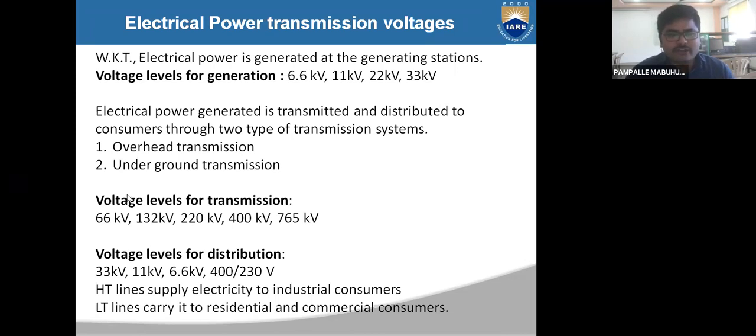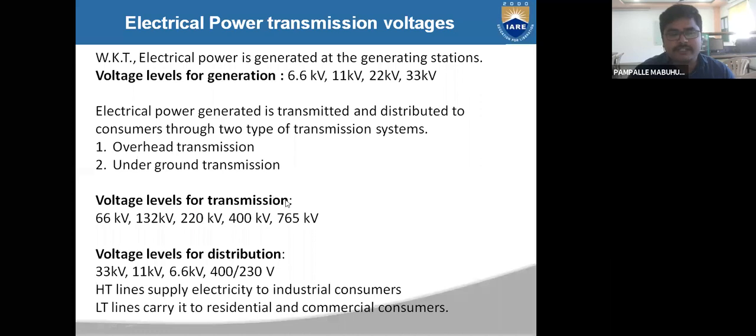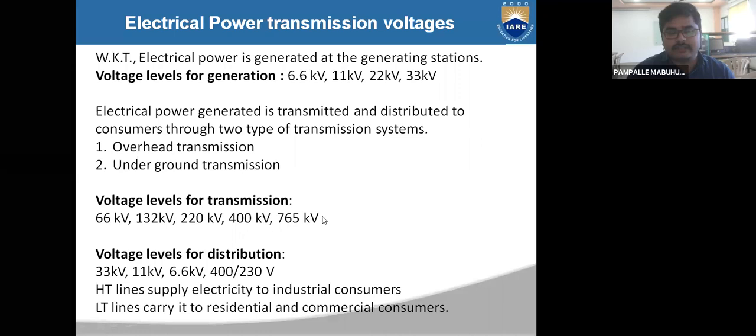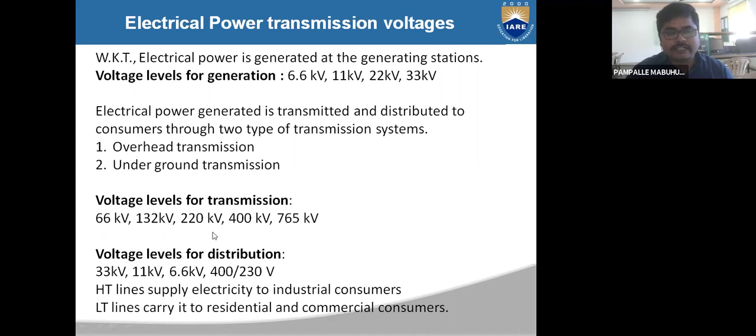Okay, and if you observe the voltage levels for transmission, they will be 66 kV, 132 kV, 220 kV, 400 kV, 765 kV. So these are the voltage levels for transmission. During transmission, no power is tapped from the lines. These are very high voltages, and at these voltages no apparatus will work, so during transmission you will not tap the power. Right. So then, if you observe the